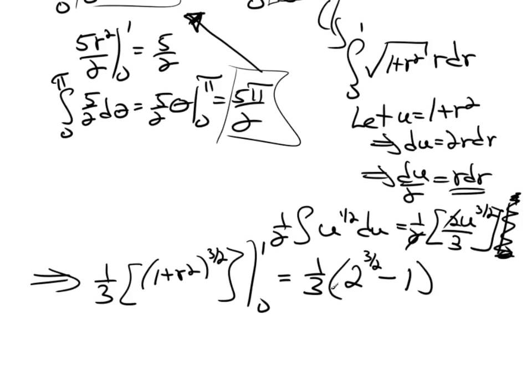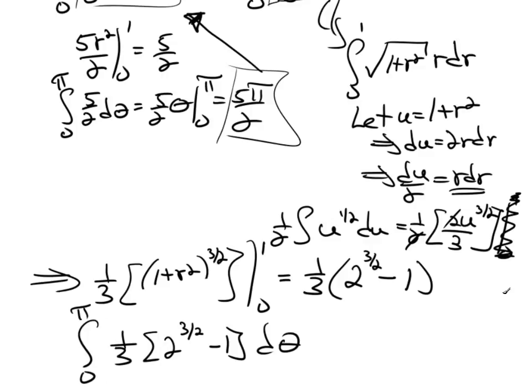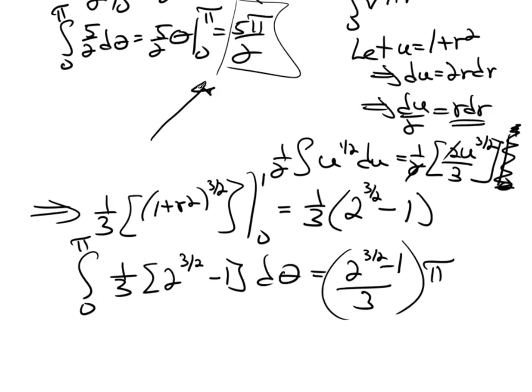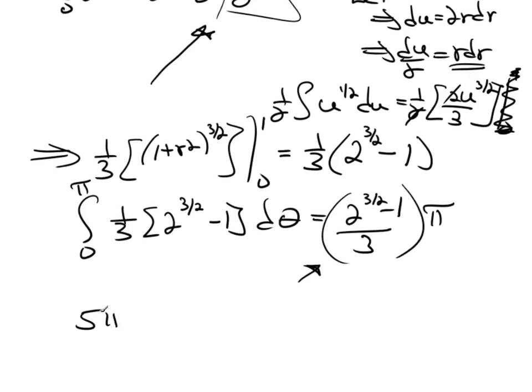So then I'm going to take and I'm going to integrate this. I'm going to have 1/3 times 2 to the 3/2 minus 1 d theta from 0 to pi, which is just going to be 2 to the 3/2 minus 1 over 3 times theta. So I'm just going to multiply this whole thing by pi. And I need to take this piece and put it all together. So I will have 5 pi over 2 minus 2 to the 3/2 minus 1 over 3 pi,